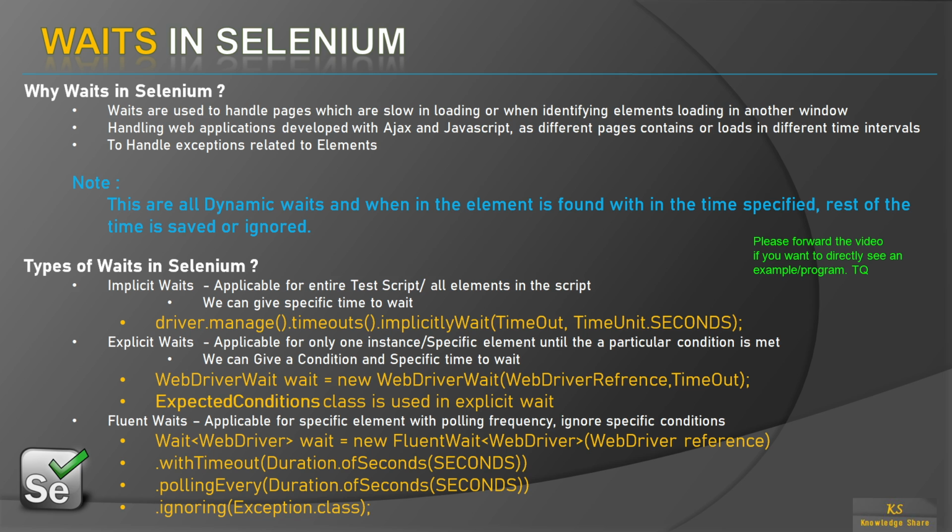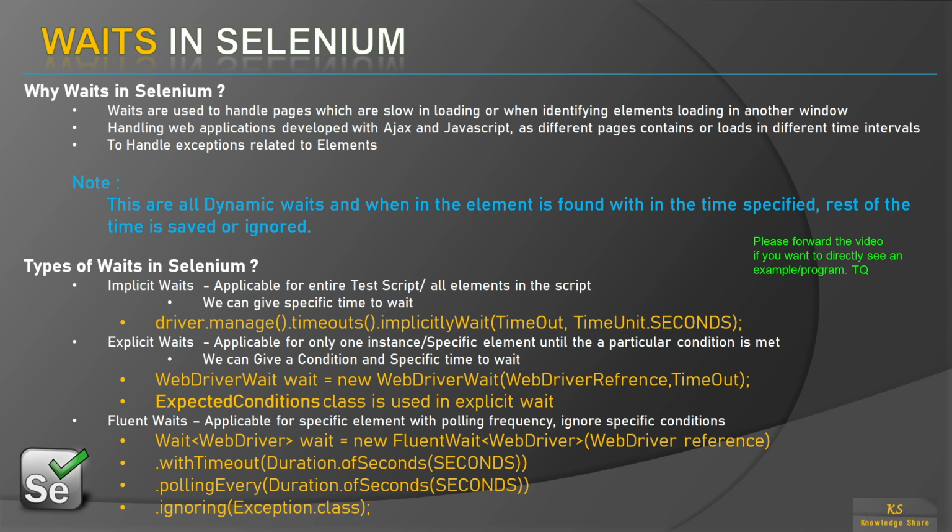Waits are used to handle pages which are loading slowly, or if you are facing challenges in identifying elements that are not visible or not loading in proper time. In those cases you will be using waits. These waits are applied before throwing an exception. Before throwing an error that the element is not visible, we tell Selenium to wait for a particular time and then throw the error if it is not found